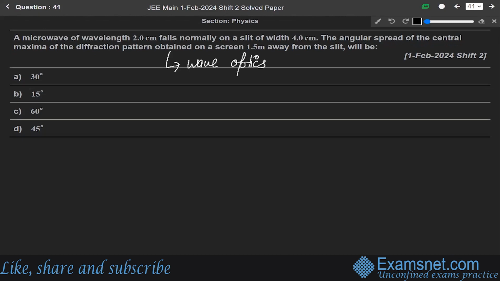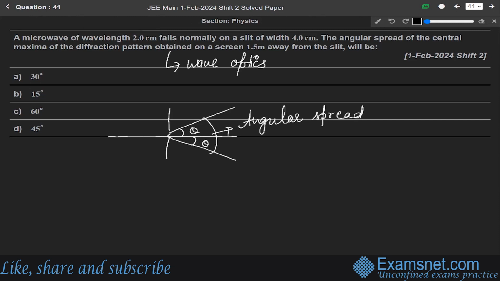So here in this question we are given the diffraction pattern, and we are given the wavelength also. Let us say a light source is coming from this direction and this is a slit, and let us say this angle is theta, this angle is also theta. We have to find this whole angular spread, and we know the formula for central maxima is d sine